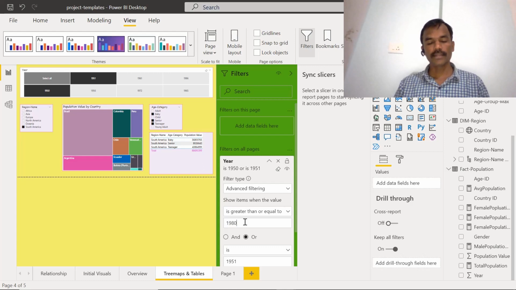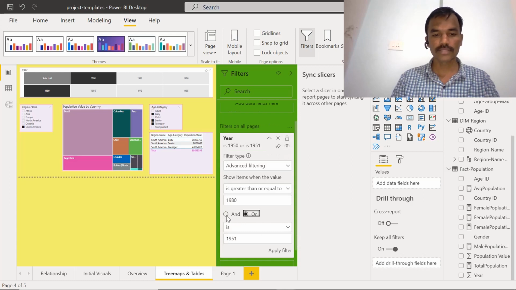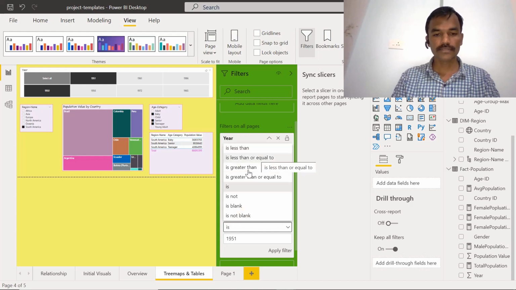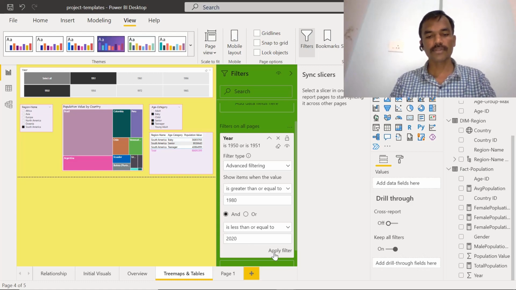And we can add another condition, an and or or condition. If I add an and operator, we will say the year is less than or equal to 2020, and we will just say apply filter.